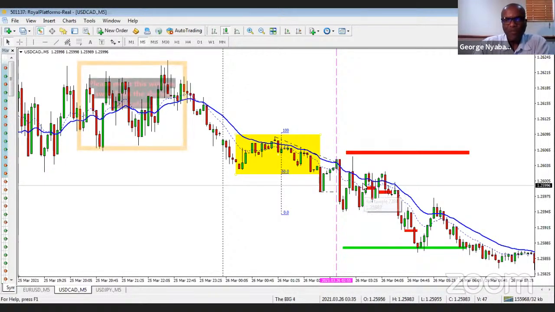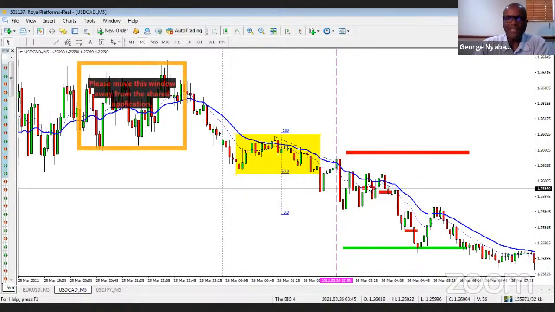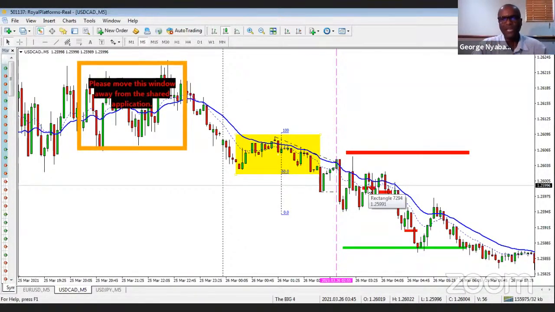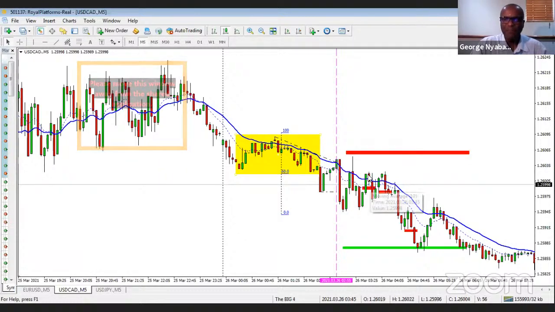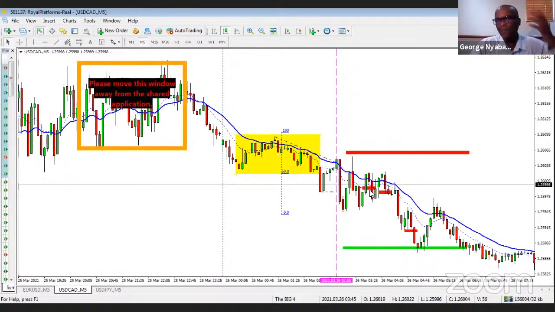So the market came back to the moving average, and I had a reversal here. Now that's the lower high that I was looking for, and I'm absolutely happy with that trade. Happy to take it, and I took the trade, and I put my stop above here, above the double top. That's where I put my stop. At that particular moment, I looked at it and said, I'm happy with it, and I'm going to take a trade. It's confirming exactly what I had in mind. What I had in mind was to look for a lower high to take a trade, and I set up and took a trade.